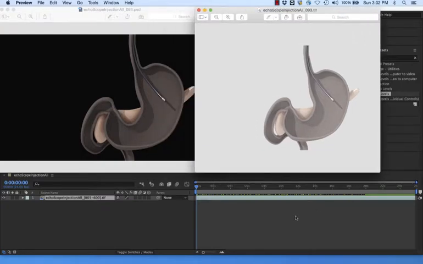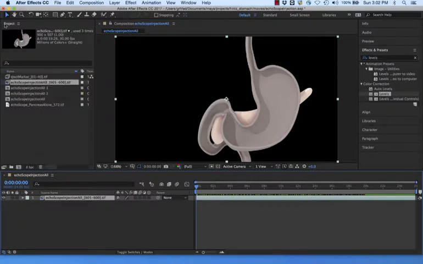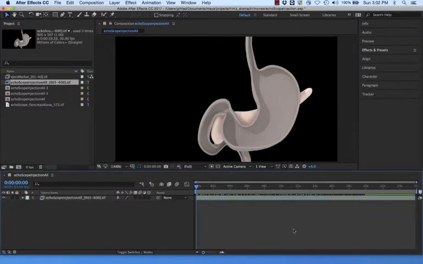So when I brought my sequence into After Effects, I now have 600 frames. Now, as I advised y'all, it would have been a great idea for me to render, let's say, 10 of these, maybe in the middle of the sequence somewhere, and see what the color looks like, but I didn't do that. And now I really don't want to go back through the render farm and try to render 600 frames again. But I can make some adjustments in After Effects to get it closer to what I really want. So I need to select the layer, make it active, so you can see how the color brightens